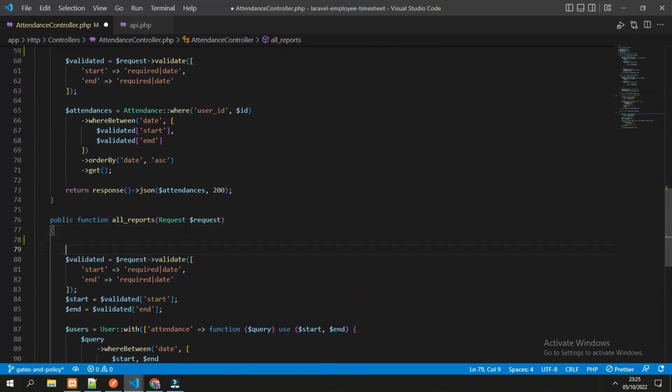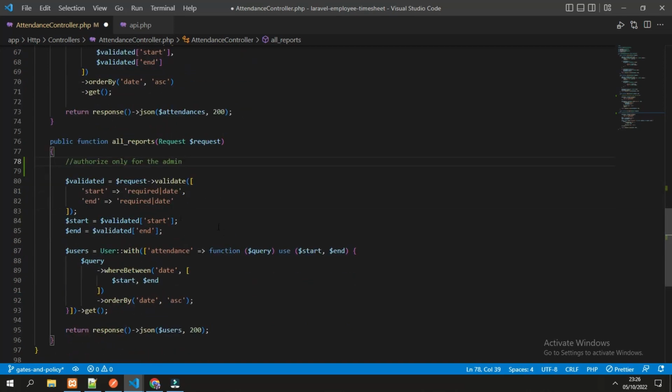And for all reports, it will authorize only for the admin, because all reports is displaying all the users with all the attendance, so only the admin should have the rights to do that.